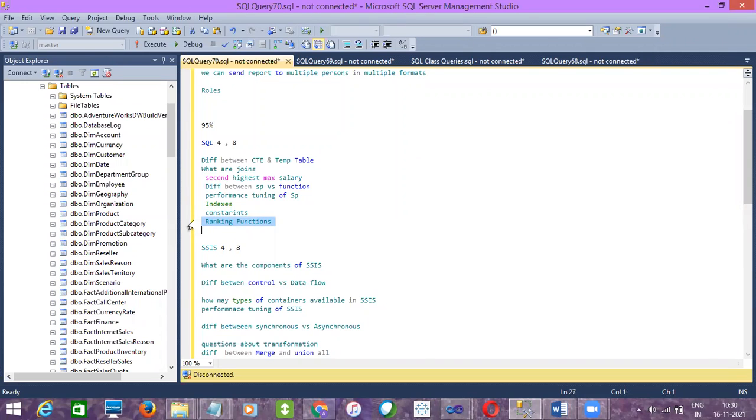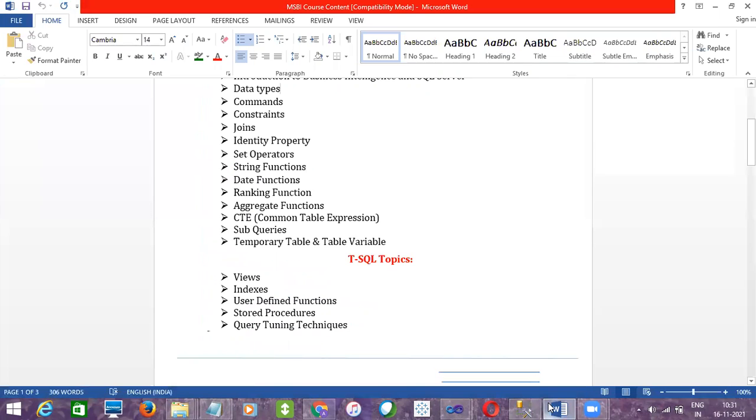Rank will allow gaps in assigning ranks, whereas dense rank won't allow gaps. And row number uniquely assigns values like 1, 2, 3, 4, and so on. If you take an example of 100, 90, 90, and 80 marks, the rank will be 1, 2, 2, and 4; 3 will be skipped. For dense rank, it will be 1, 2, 2, and 3. There won't be skipping in the ranks. And for row number, 1, 2, 3, 4. This is how you need to explain the ranking functions.